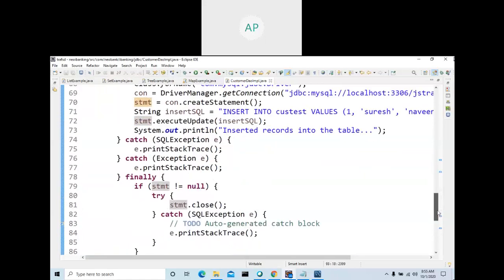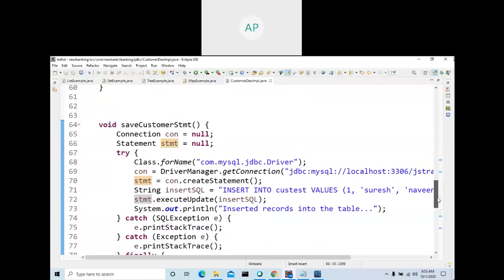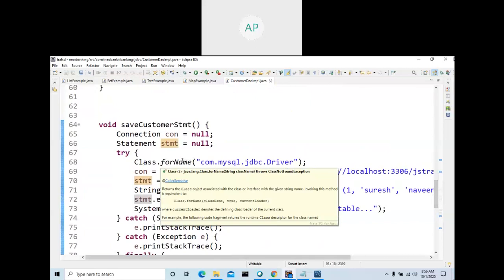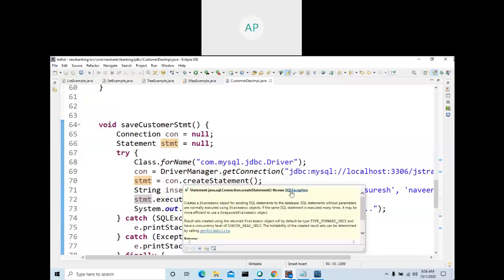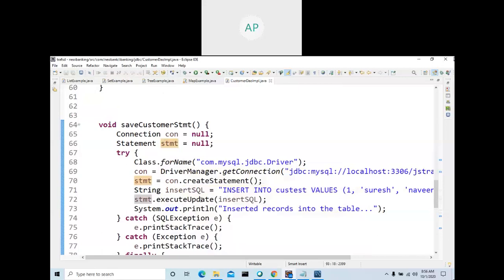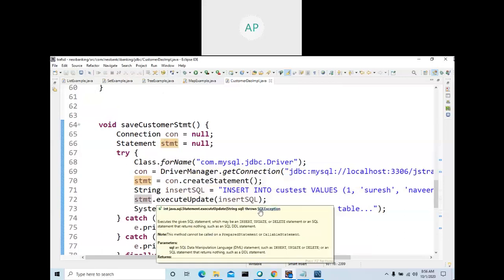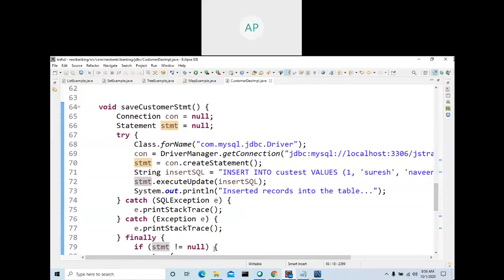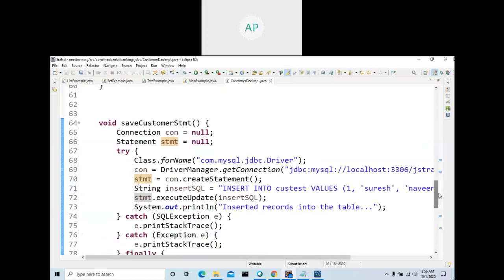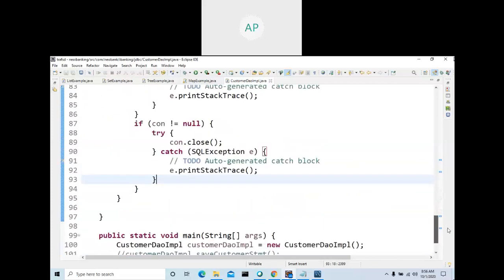Okay. So sometimes we may get an exception. That's why we covered it in the try catch. Anything you can write in finally, right? Try to understand this one, why we are doing this in finally. Also see forName throws ClassNotFoundException. It's a method, right? forName is a method. The same way, createStatement, see, it throws SQLException. In the same way, executeUpdate also throws SQLException. Okay, anyway, try to understand what we are trying to do.